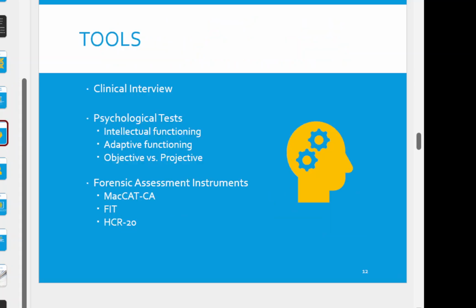Moving on to tools, as a forensic psychologist, we rely on lots of different data points and bring them all together to make an informed decision that we will present to the court. Clinical history in forensic psychology refers to the comprehensive collection and evaluation of an individual's past psychological, medical, and social background. This history is crucial for understanding the person's mental health, their behaviors, and how these factors may relate to the